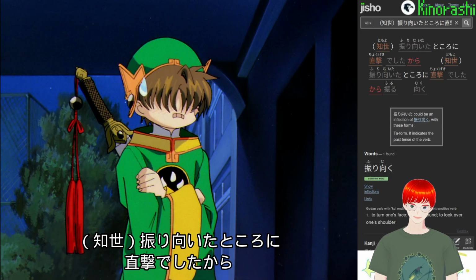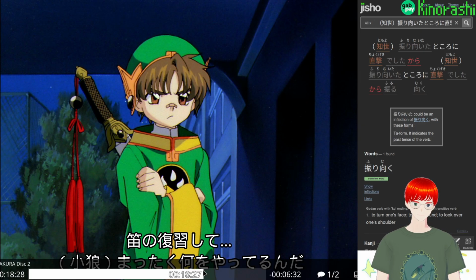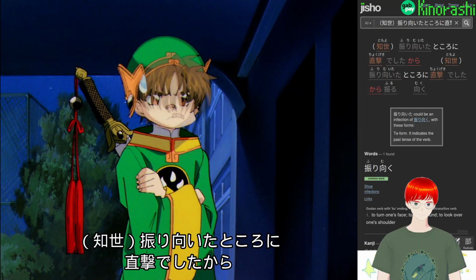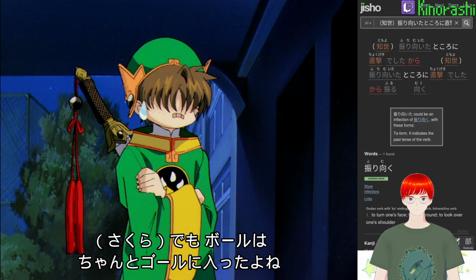Furimuita tokoro ni chokugeki deshita kara. レイ君、顔大丈夫？振り向いたところに直撃でしたから。でもボールはちゃんとゴールに入ったよね。